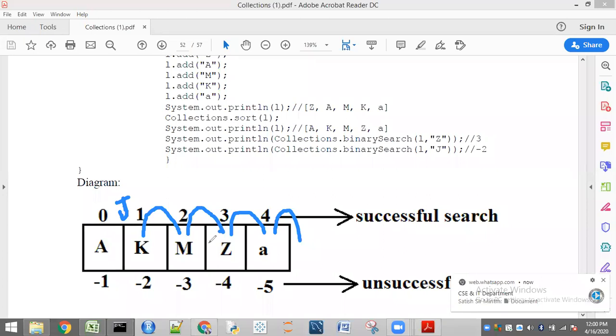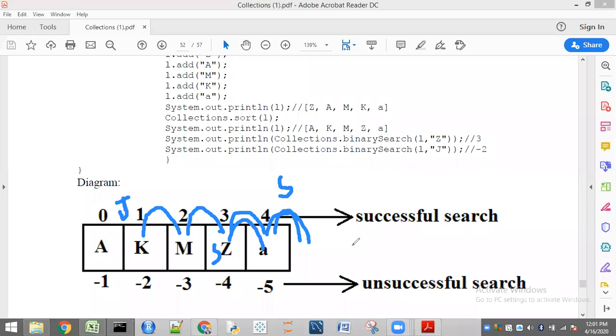Once again, I will take one more example. I will explain. For example, I want S. S is not present here, so I am searching for S. Is there any S here? No. If it is present, where does it have to be present? Okay, after M. That means here it will be present, and here S has to be present. Z will be moved here, and A will be moved here. That means S is here. What is the S value here? -4. That means it returns -4.